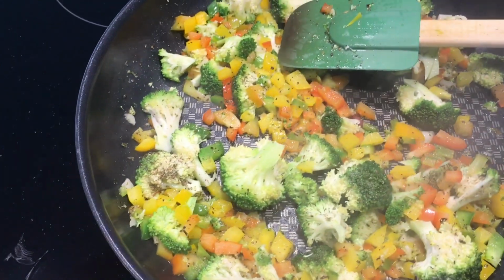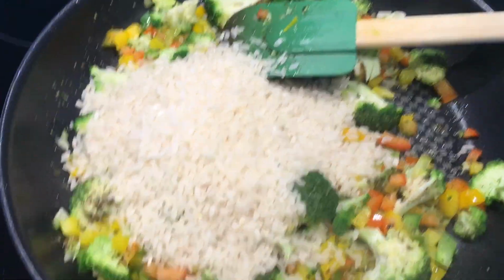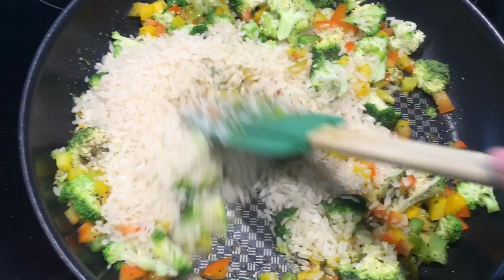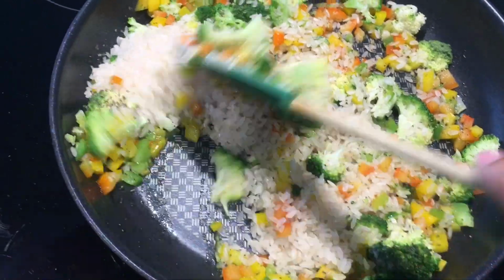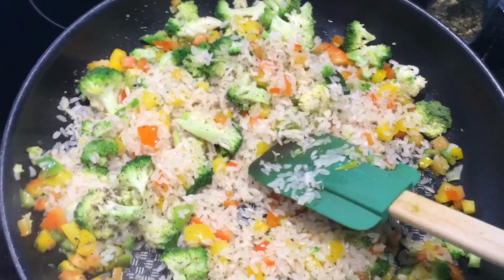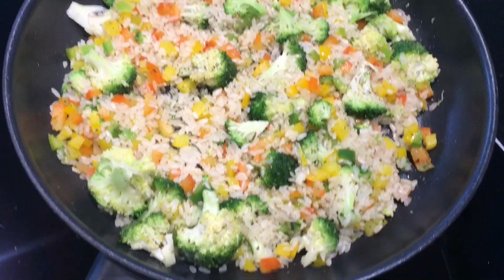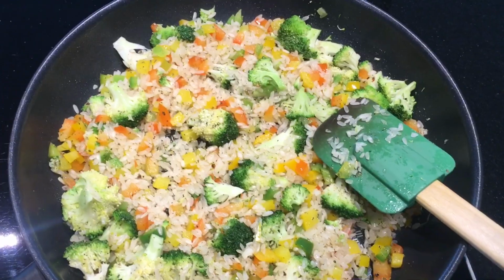Next up, I'm going to start adding my risotto rice to the pan. You can also use any short grain rice if you don't have arborio rice, since it's not easily available everywhere. So it's just a small hack that I use sometimes. Toast the rice a little bit before you add in your water so it gets a bit crunchy, and then